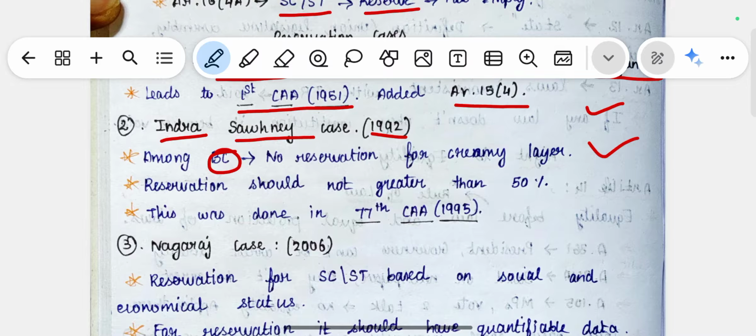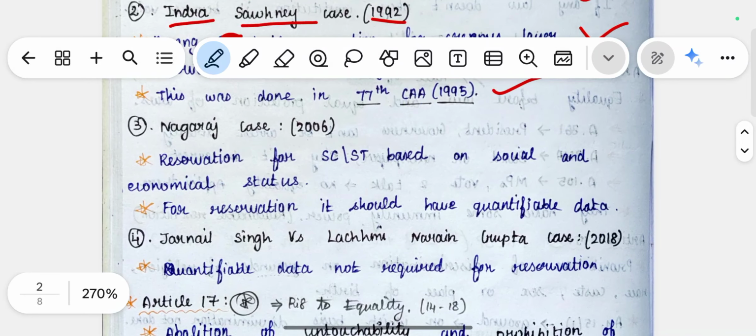The persons in the non-creamy layer will get the reservation because they are economically weaker compared to the creamy layer persons. So restrictions have to be made for the persons who get the reservation, instead of giving reservation to all the people. This should be implemented. For these cases, this was added in the 77th Constitutional Amendment Act of 1995. The next one is the Nagaraj case of 2006, which